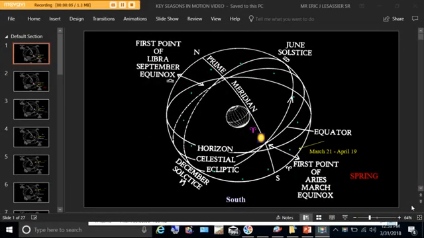Okay, so on the screen in front of you is a diagram of the patterns of seasons and how they are affected by the ecliptic, the celestial equator, and where the horizons are, but mostly where the equinox points are. So we have the Aries equinox, the first point of Aries, the March equinox, here at this conjunction between the ecliptic,